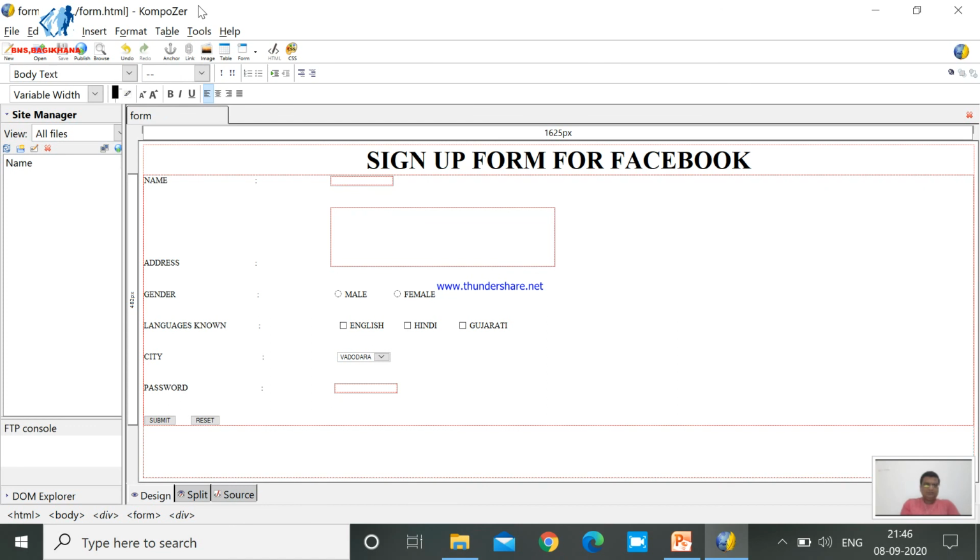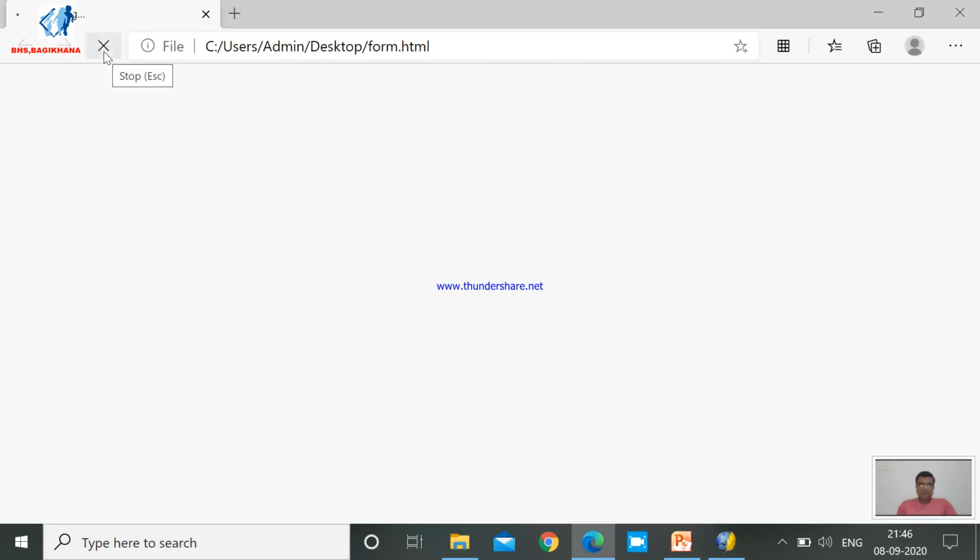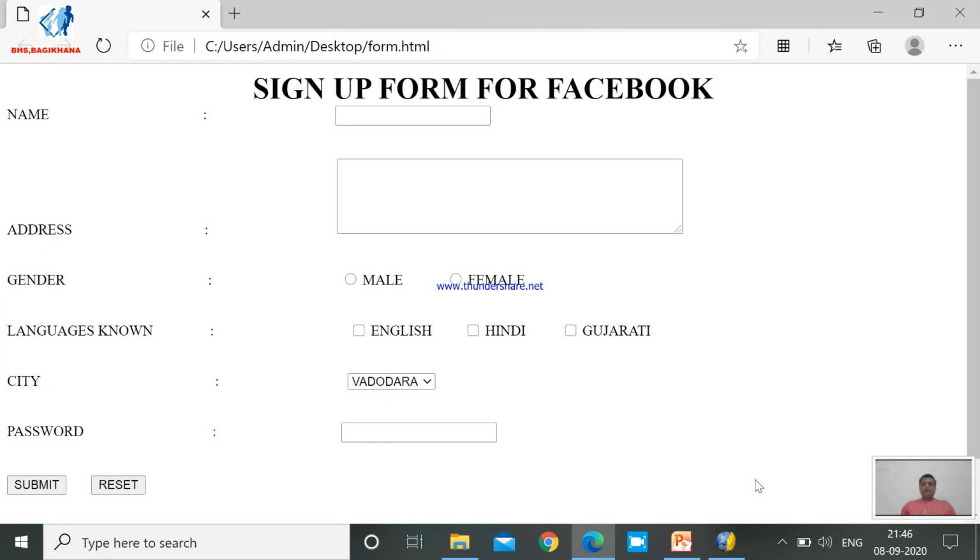After storing that, if I want to see the output of my sign up form, I have to click over here, browse. When you click on browse, it will automatically open in the browser, and you can see the output of your sign up form on your screen.